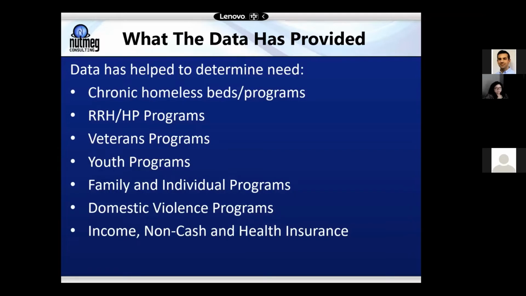Veteran programs started to evolve further than they were at the time. Youth programs have been the more recent targets, and runaway homeless youth, and family and individual specific programs, so helping to determine the need by using your housing inventory and the annual homeless count, along with the aggregate annual data that gets collected for system performance measure, LSA reporting, which we'll talk about those definitions in a few minutes, domestic violence programs, and then, of course, what kind of income, non-cash, and health insurance are needed to help support these